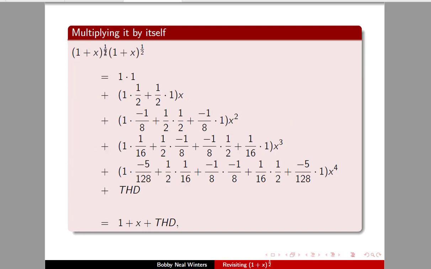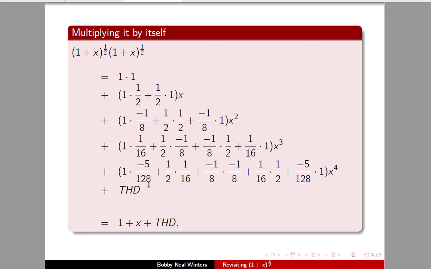So (1 + x)^(1/2) times (1 + x)^(1/2), and we'd do 1 times 1, plus (1 times 1/2 plus 1/2 times 1) times x, plus (1 times -1/8 plus 1/2 times 1/2 plus -1/8 times 1) times x squared, and again (1 times 1/16 plus 1/2 times -1/8 plus -1/8 times 1/2 plus 1/16 times 1) times x cubed. And finally, because we don't have any more data, we'll stop with